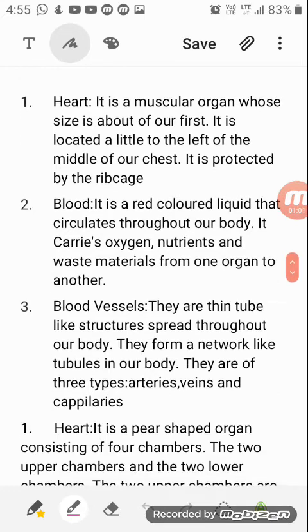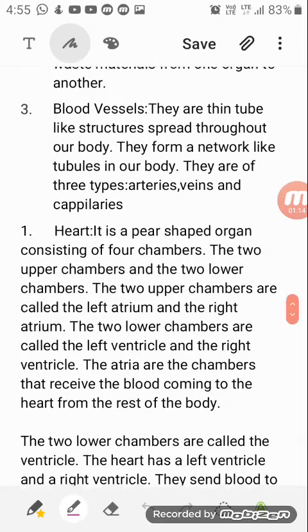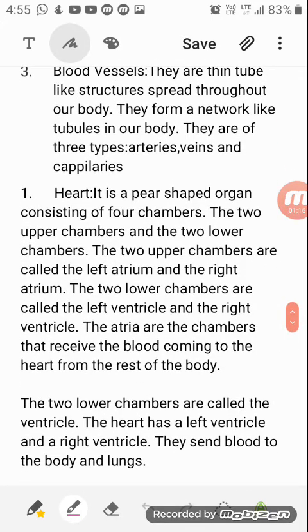Then we will learn about the blood vessels. They are thin tube-like structures spread throughout our body. They form a network like tubules in our body. They are of three types: arteries, veins, and capillaries. Then we will learn more about